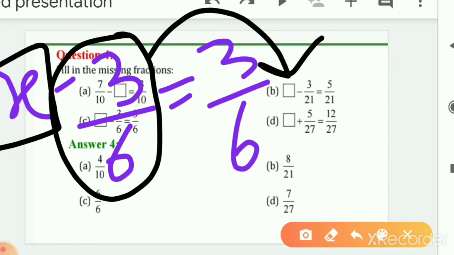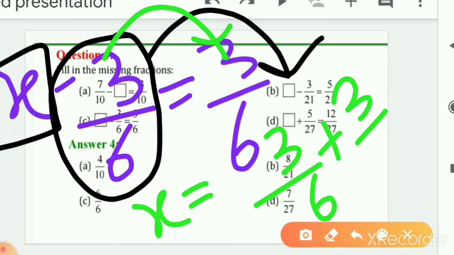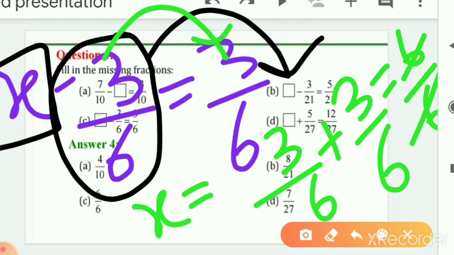Yes. So we have x will remain as it is. This will remain in its place, that is 3 by 6. And this minus 3 by 6 will come this side. So the minus 3 by 6 will become plus 3 by 6. Plus, now we will add both the numbers. What will we get? 3 plus 3 is 6. So it will be 6 upon 6. And 6 by 6 cancel.